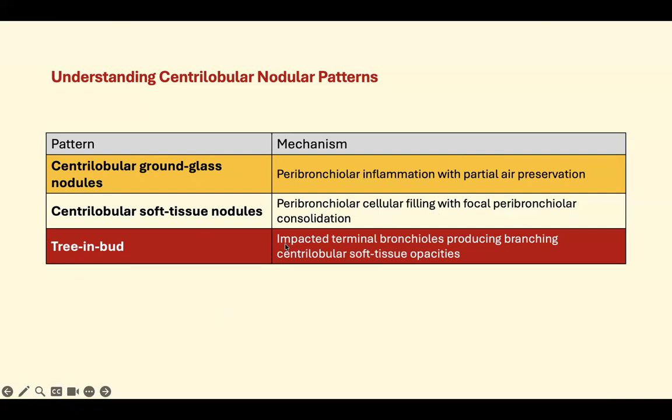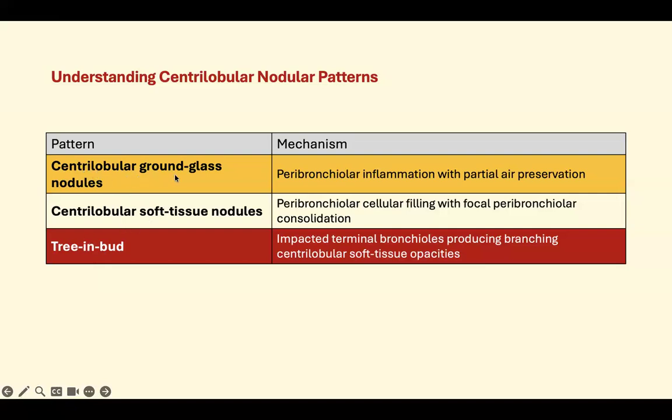The tree in bud, there is impaction of the terminal bronchioles, producing branching centrilobular soft tissue opacity. So you can say, in general, tree in bud is part of the centrilobular soft tissue nodules. So soft tissue nodules can appear solely without tree in bud and can appear also with tree in bud. So tree in bud is part of centrilobular soft tissue nodules. What about